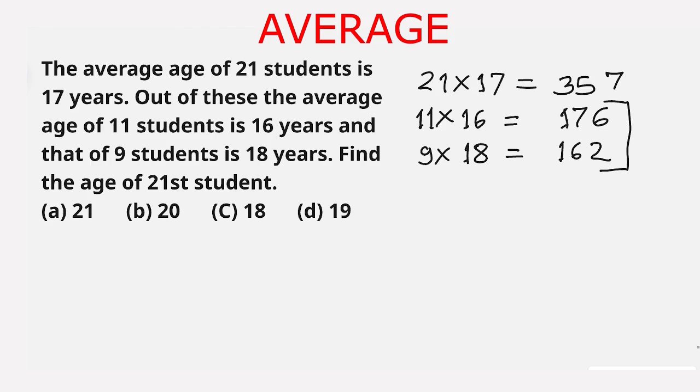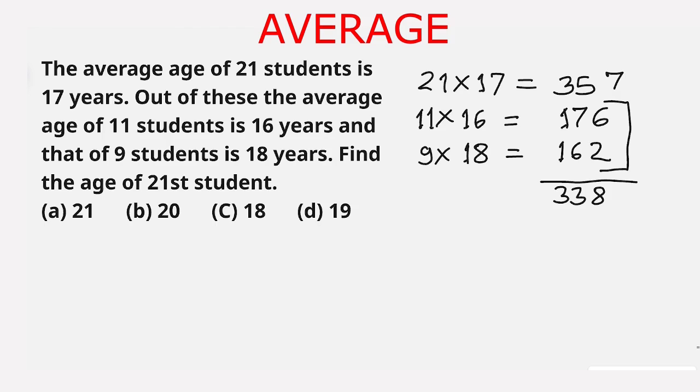So we first find the total of these 20 students. 6 plus 2 is 8. 7 plus 6 is 13. We carry 1 and write 3. 1 plus 1 plus 1 is 3. It is 338. So the age of the 21st student, because 11 and 9 students,